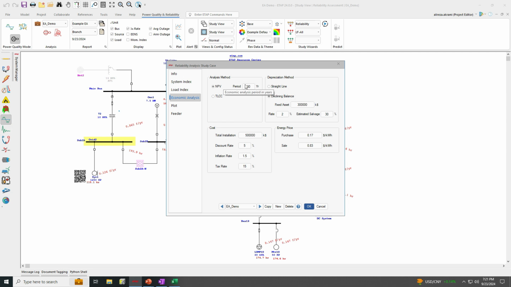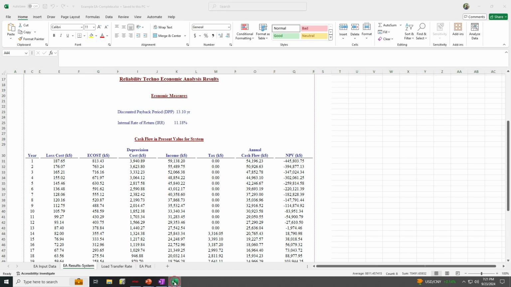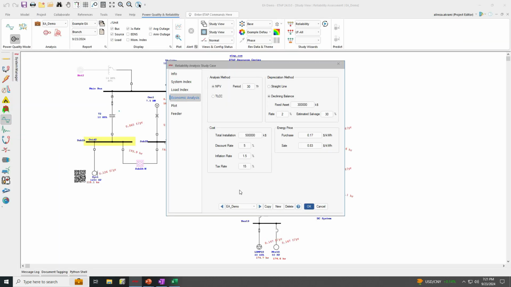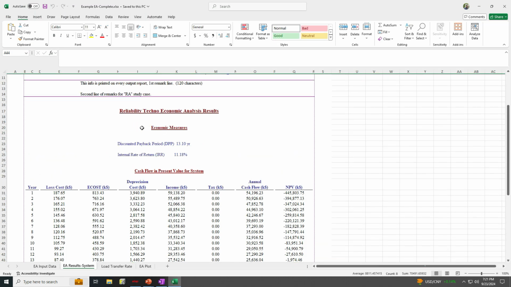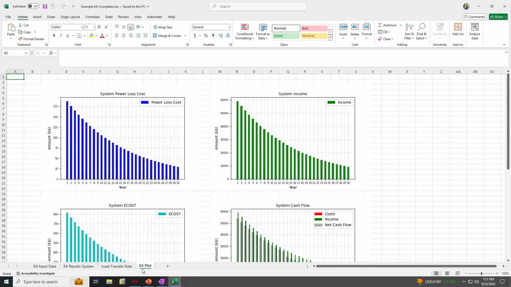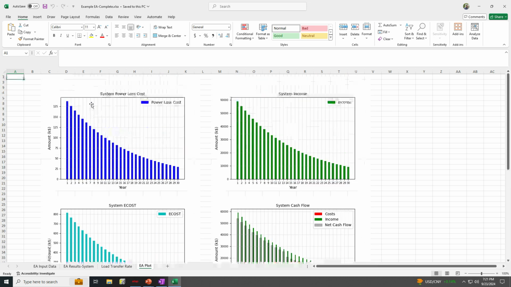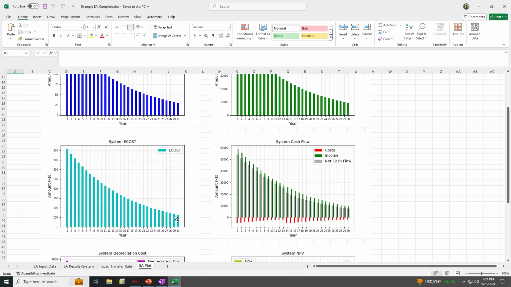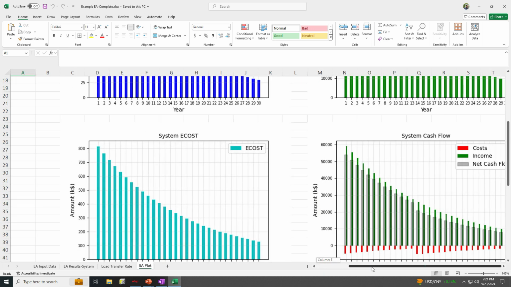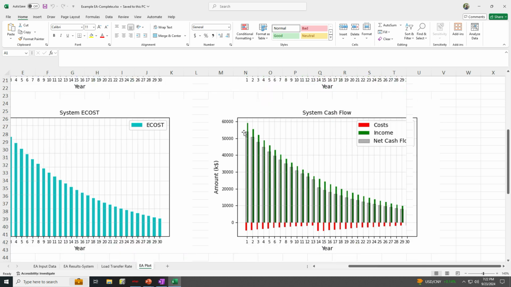And as long as the DPP is, again, smaller than the life cycle of the study, then again, it means that the investment is profitable. So in addition to the economic measures, we also report the values in forms of plots. So you can see that we have the power loss cost here, we have the system income, we have the cost of the system, we have the cash flow of the system, which is a combination of cost, income,